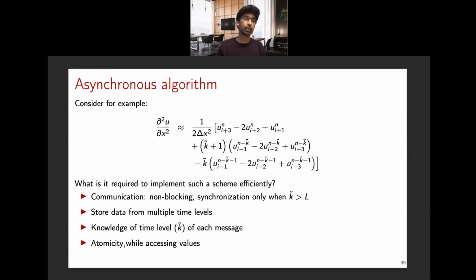And then the last point that I want to emphasize is atomicity. So this is something new for all mechanical or non-CS people. So atomicity means, let's say that this is a piece of memory. I'm showing this on my video, right? And this processor on my right is trying to put a value in this piece of memory, okay? And the processor that contains this memory is also trying to access the value at the same time, okay? So usually if this processor is not interfering, you get the exact value that is there in the memory